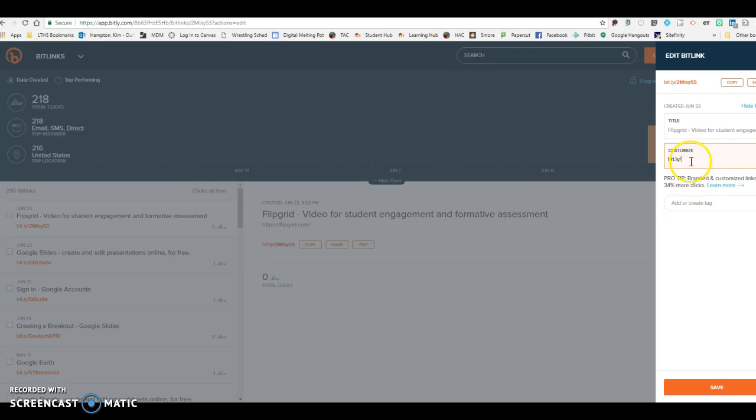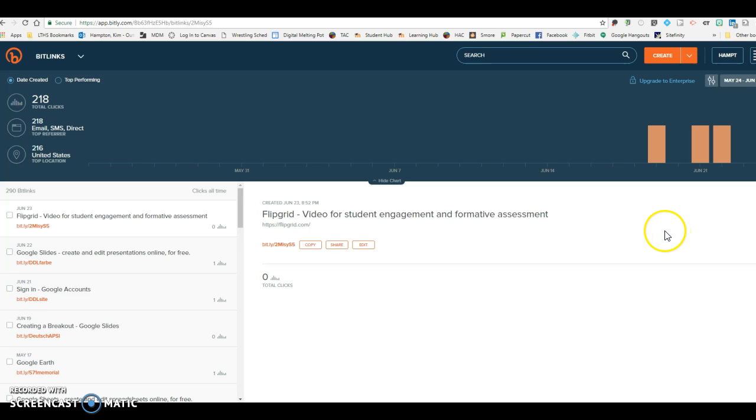Now the thing about a Bitly is that it does have to be unique in all the world. So that's why a lot of mine, you'll notice that in my breakout they started with DDL for Das Doppeltelachen. That helps me give a preface to my words that makes sense, helps me remember the link, but it'll also help it be unique. So you want to choose something that's unique, and then you just hit save, and that's all there is to